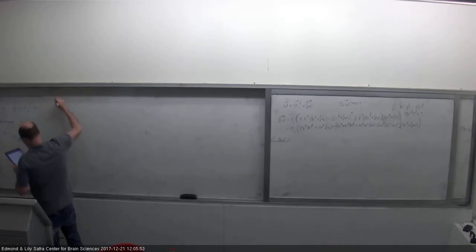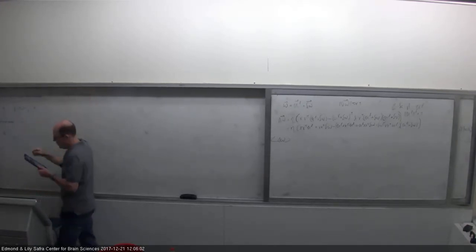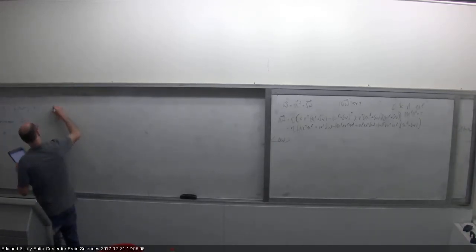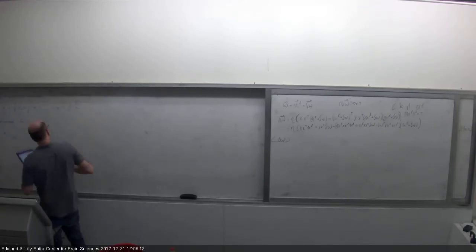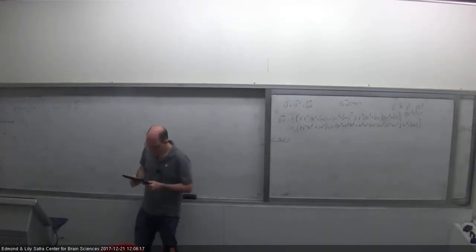So one was n identical neurons, and I will not write all the details. It means that all the G_i are the same, and then we got that the d prime optimal square is n g square over a. So the larger the number of neurons, the better the discriminability.